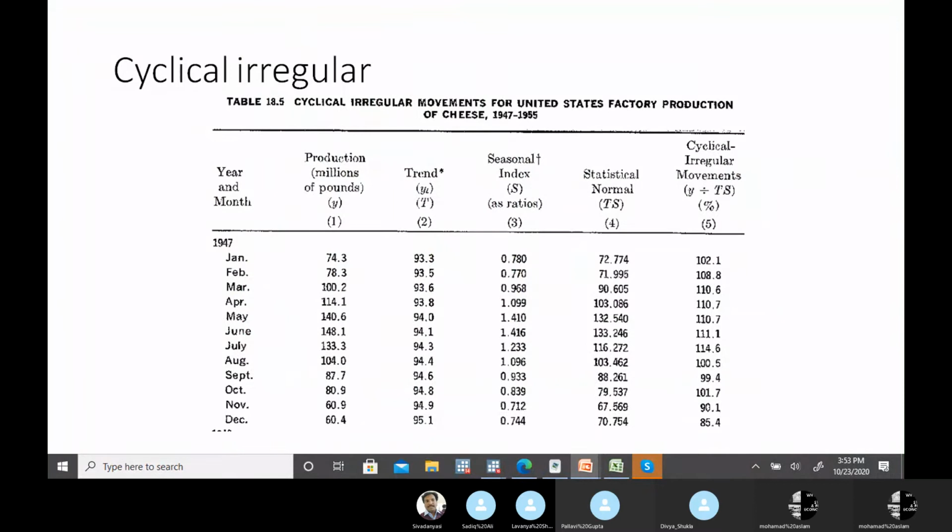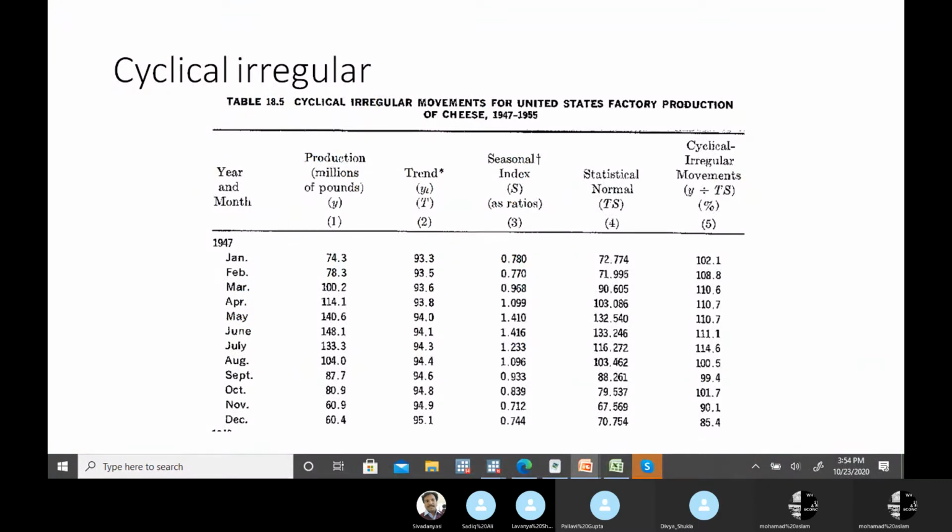cyclical irregular. Now this was the seasonal irregular. There are chances that there might be a situation where in place of seasonal irregular, you need the cyclical irregular component. So how can you do that? For that, first you have to find the trend.